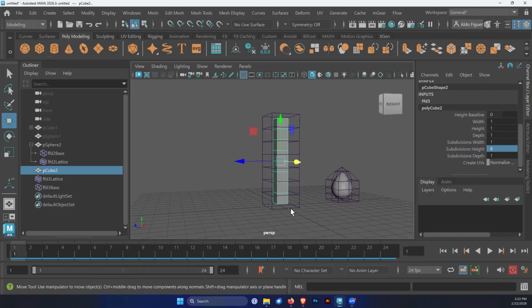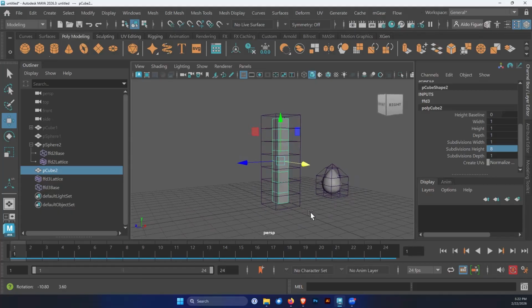Let me rewind and stop this. So if you have any questions regarding using a lattice, go ahead and